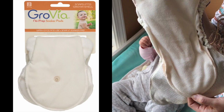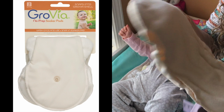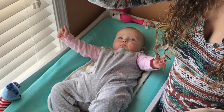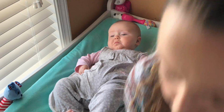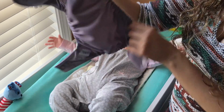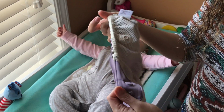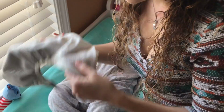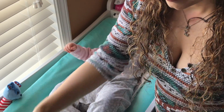This is the no prep soaker, so that means I didn't have to wash it multiple times in order for it to be effective and work well. So that I put in the hamper, in a diaper pail. Now this here can be used over again if it is clean. So I usually do the smell test. If it smells okay, then I will just leave it out here for the next